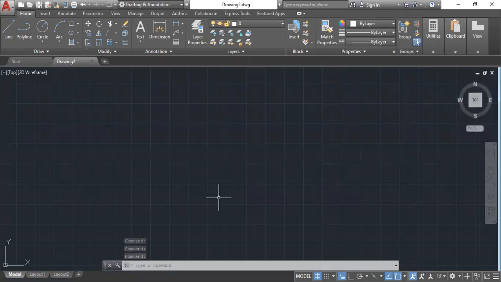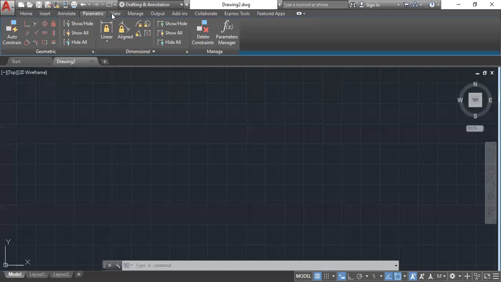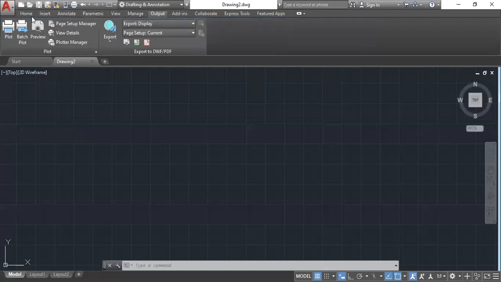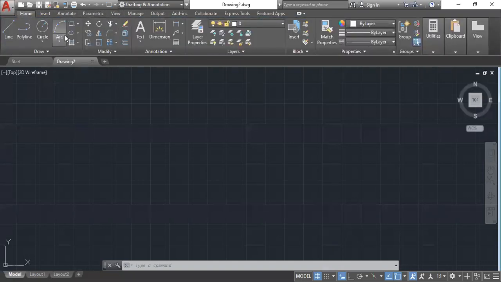This is your drawing space, and these are what you call tabs: Home, Insert, Annotate, Parametric, View, Manage. Different tabs, and each tab will have what you call panels.